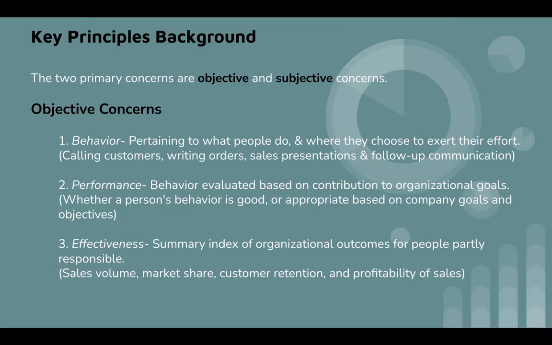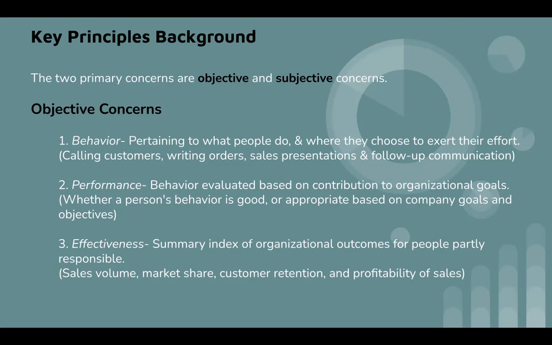The two primary concerns are objective and subjective concerns. For objective concerns, we had behavior, which is pertaining to what people do and where they choose to exert their effort. For example, this would be calling customers, writing orders, sales presentations, and follow-up communication. The second one's going to be performance, and this is behavior evaluated based on contribution to the organizational goals. For example, this is going to be whether a person's behavior is good or appropriate based on company goals